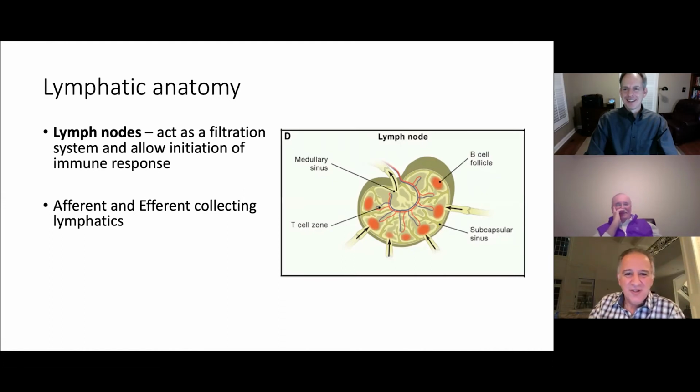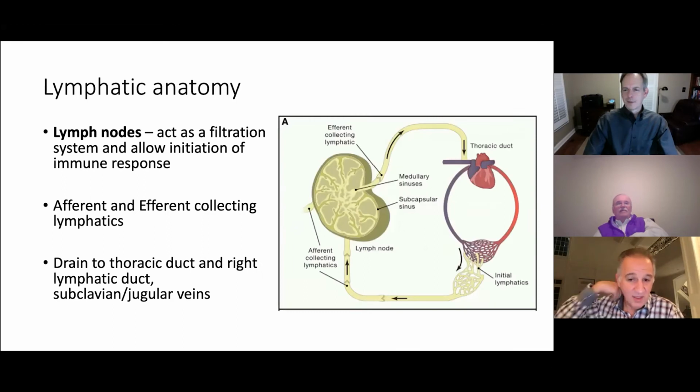But so lymph nodes act as a filtration system to allow initiation of the immune response. And then you also have the afferent and efferent collecting lymphatics. So you have your afferent draining through the lymph nodes, and then exiting the lymph nodes through the efferent collecting lymphatics. And from there, you go through the thoracic and the right lymphatic duct that drain into the subclavian jugular